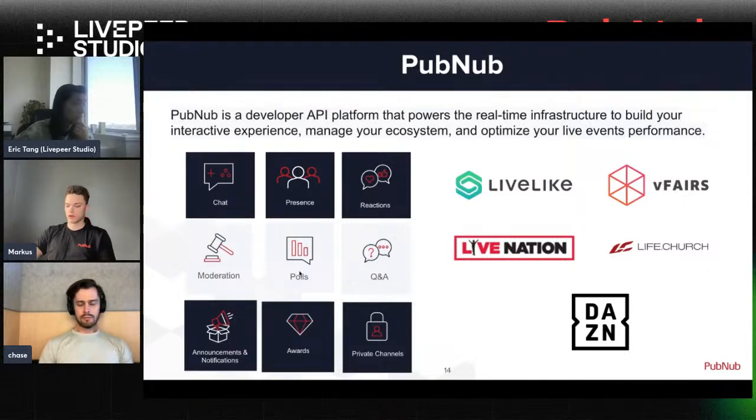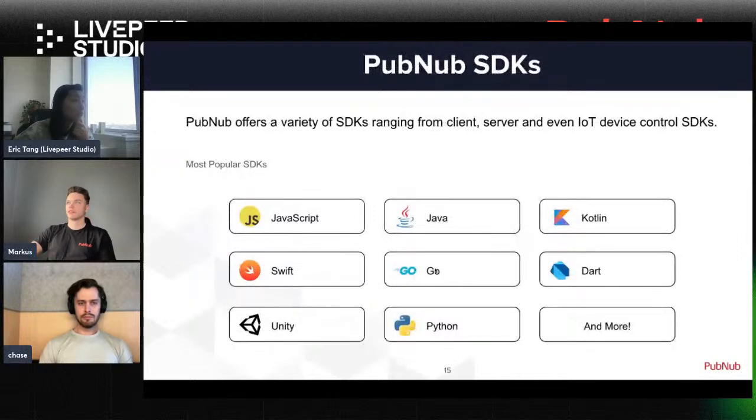So just quickly going over the SDKs here. We have a very broad range of SDKs, and we support many different platforms. We strive to make PubNub as seamless as possible to integrate. And in the absolute worst case scenario, you can just use the REST API because we have all that documented and available to use. However, for this demo, which we're going to show a bit later,